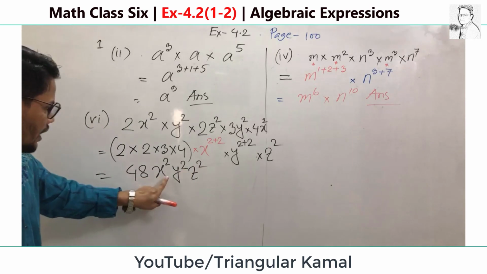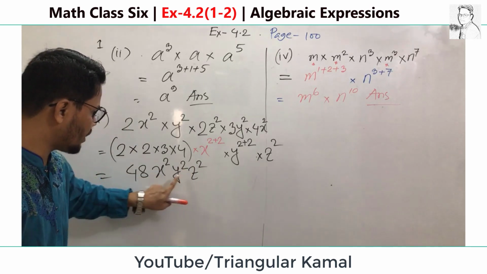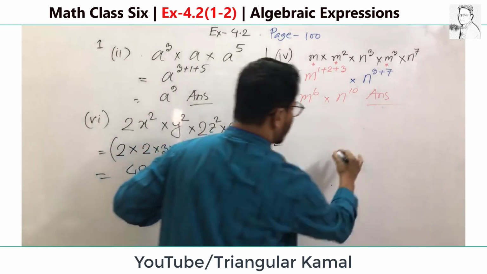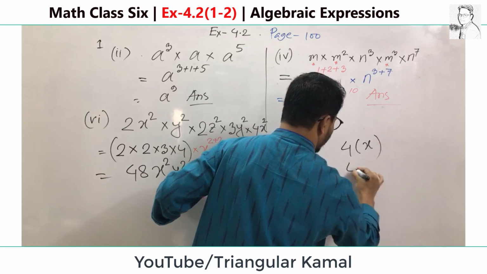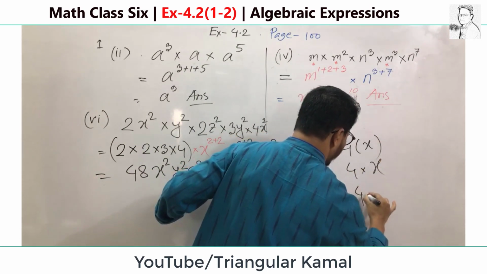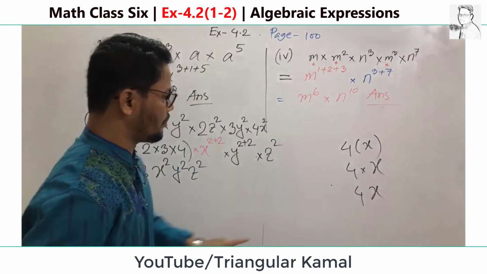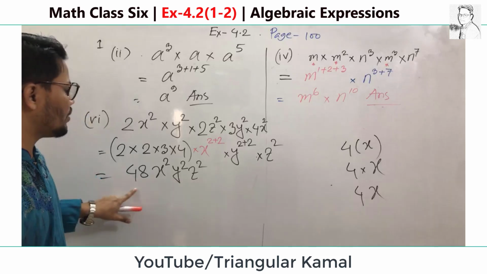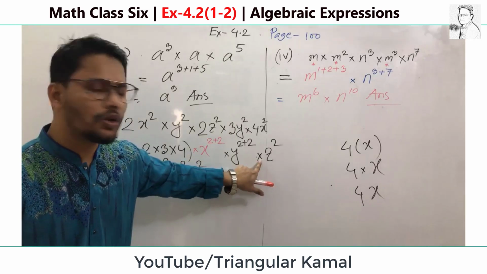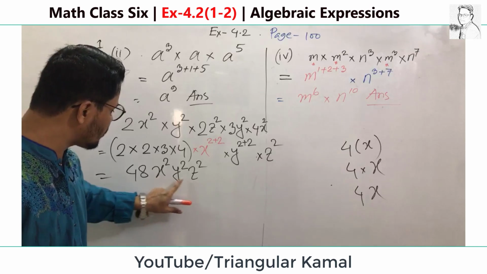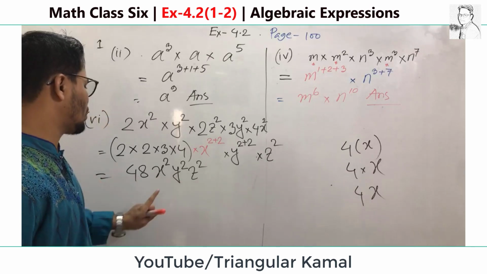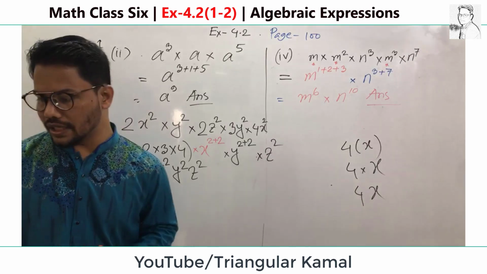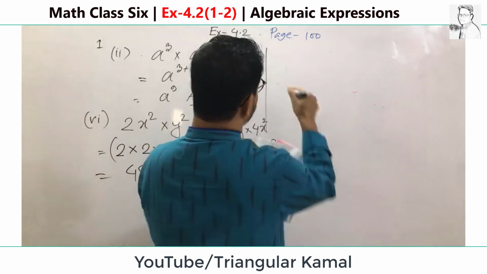There is no sign in between x, y, z which indicates multiplication or dot, like 4 times of x, or 4x. All are the same. Times, multiply. So they are all multiplied. In the final line we don't need to write the multiplication symbol. This also indicates 48 times of x square, y square, z square. I think this is clear to you, my dear students. Please let me know.